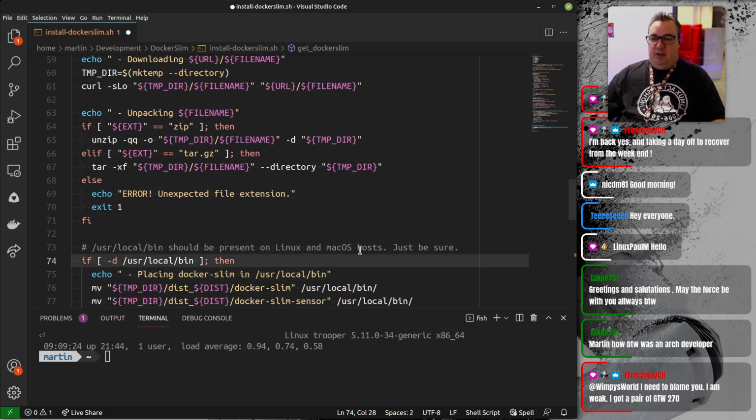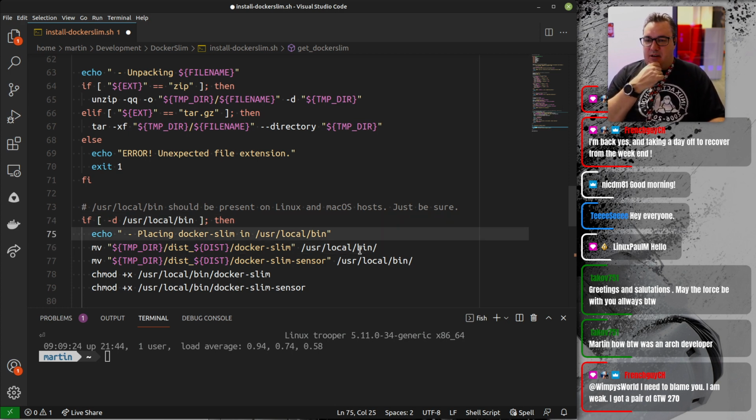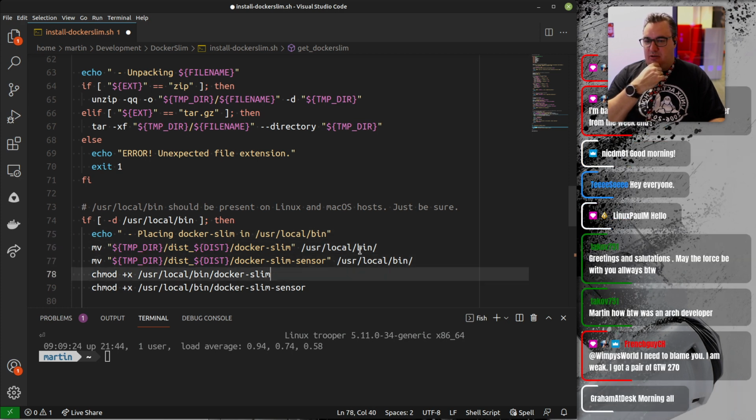And then first of all we make sure that user local bin exists, because it's possible that somebody may run this on some architecture in the future that doesn't have local bin, and I thought I'll just catch that, because if it doesn't exist, it's possible it's not going to be in the path, so actually depositing this file in user local bin may not be all that helpful anyway. So then we just drop the two DockerSlim binaries into user local bin, and we just make sure we set